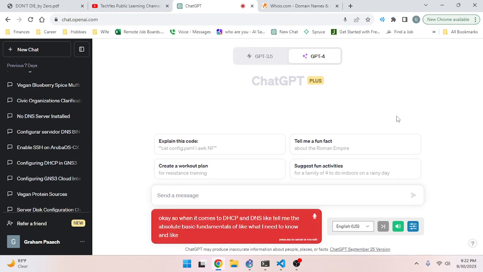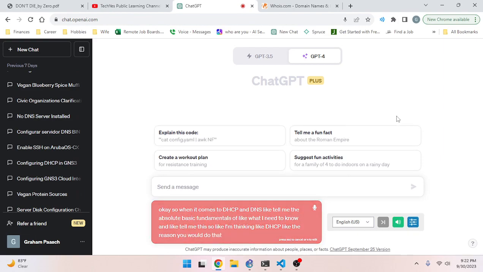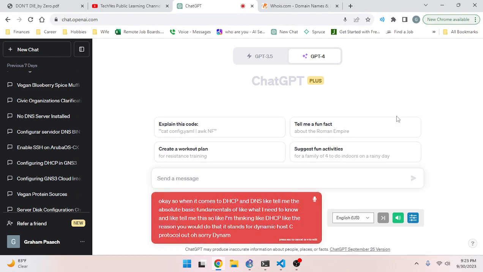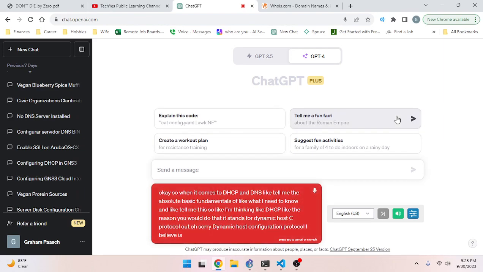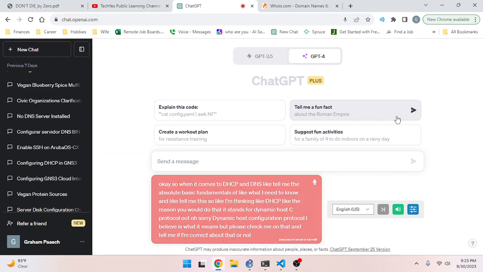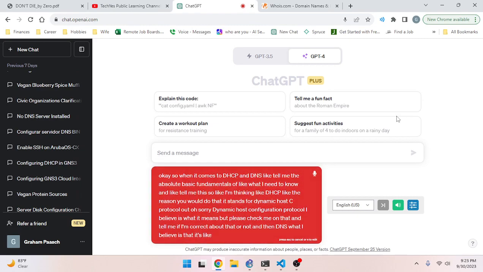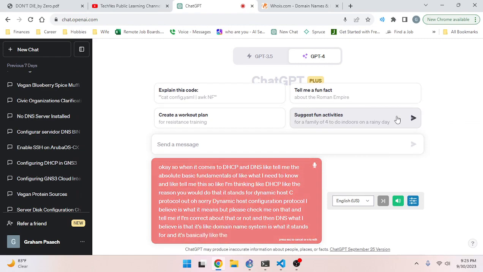I'm thinking DHCP, the reason you would do that, it stands for Dynamic Host Configuration Protocol, I believe, but please check me on that and tell me if I'm correct. And then DNS, I believe it stands for Domain Name System, and it's basically like the phone book for